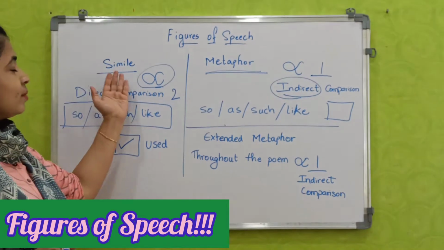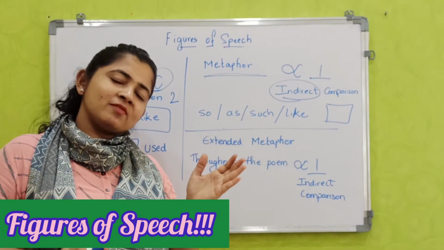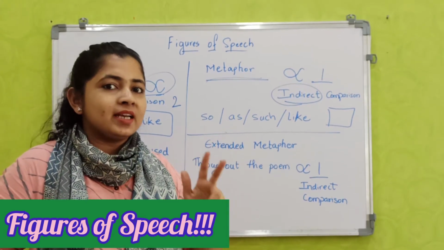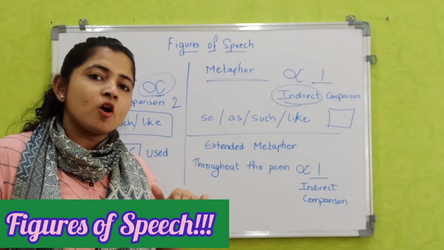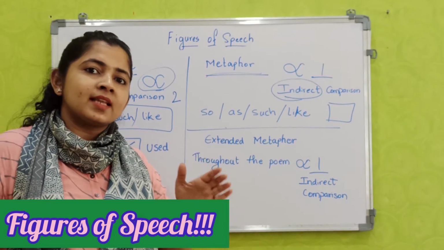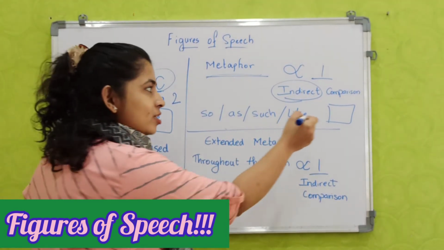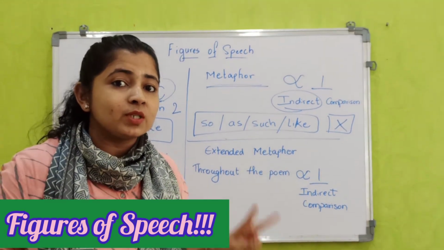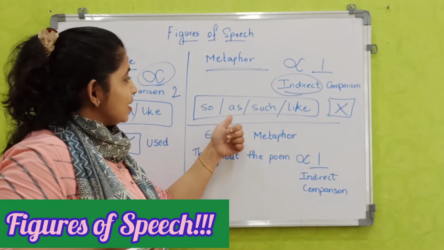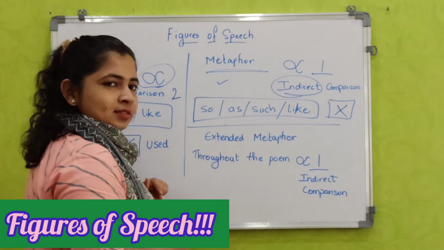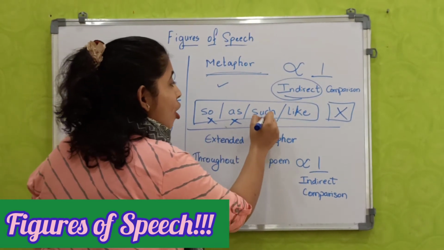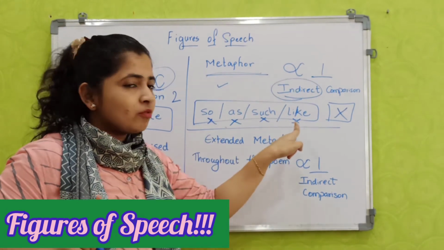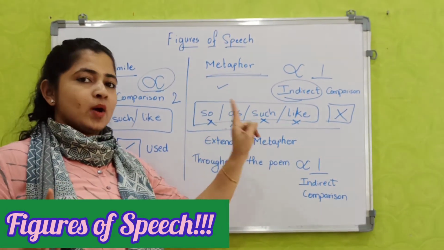whether it is simile or metaphor, first you understand whether there is comparison or no. Yes. Then second step, identify whether these four words are available or no. If it is available, that is simile. If it is not available, any of these words, and yet there is comparison between two objects, then it is metaphor. Okay, these are not used. Remember, these are not used in metaphor, whereas these four words you will find either of one out of it